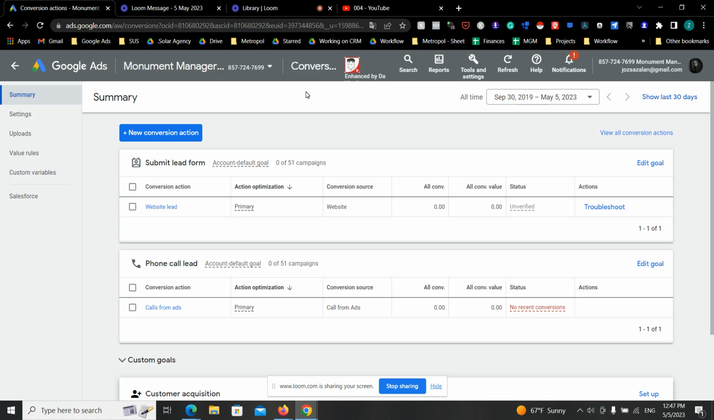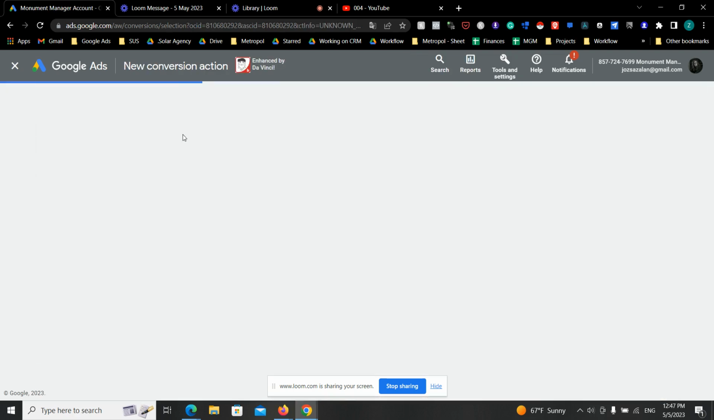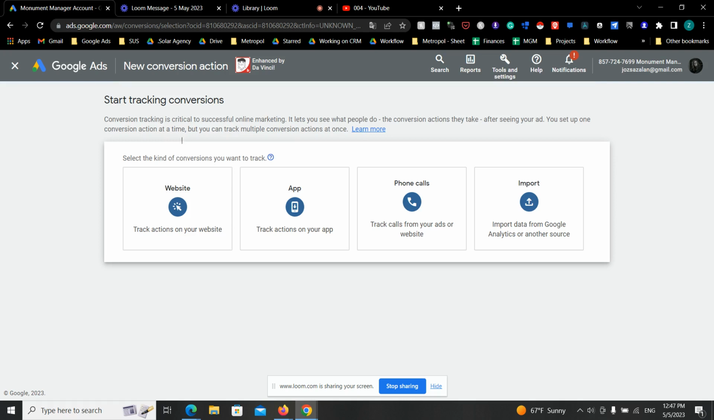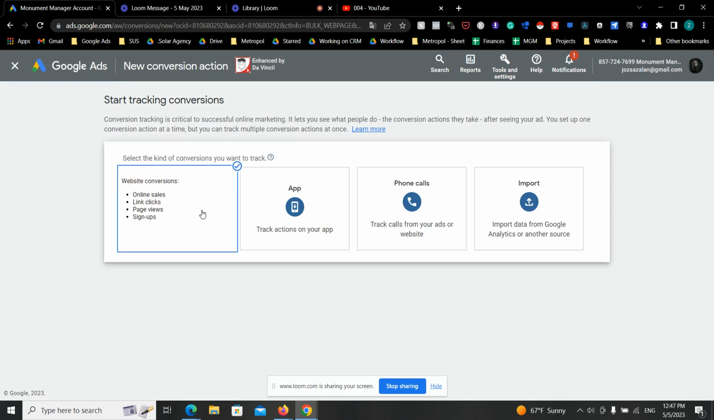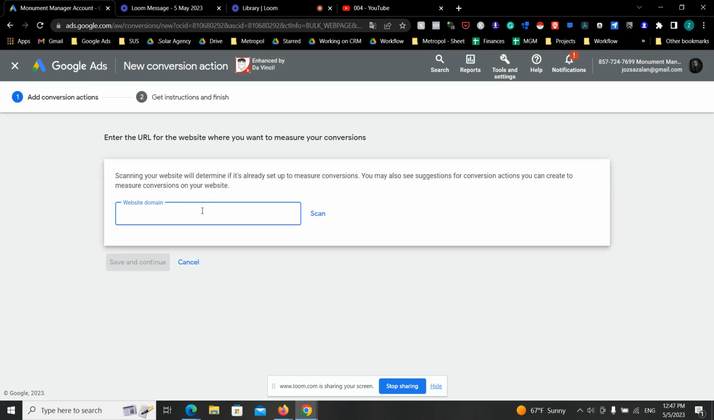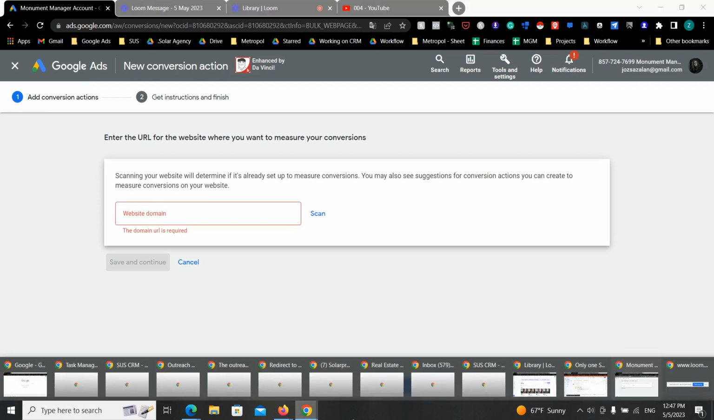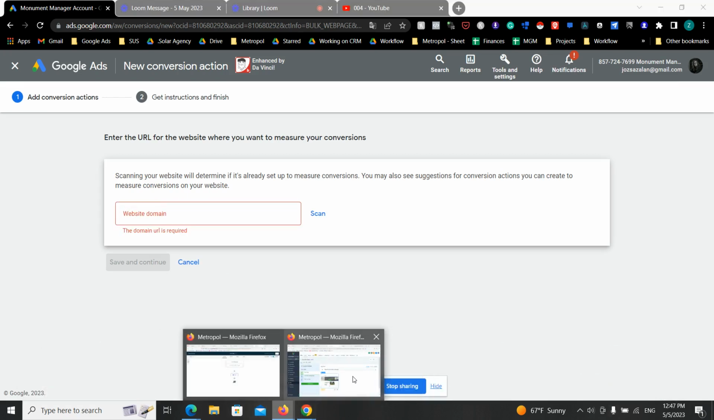Okay, so this is why this is important. This is what conversion is. Inside of the conversions, you will simply be heading into the new conversion action. And inside of the new conversion action, you will be clicking on website. Inside of the website, you will be setting up your domain over here, which we'll be